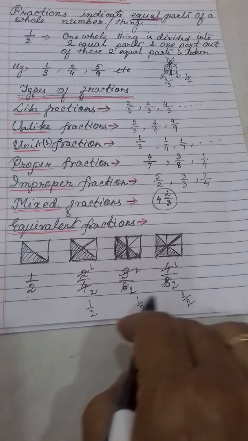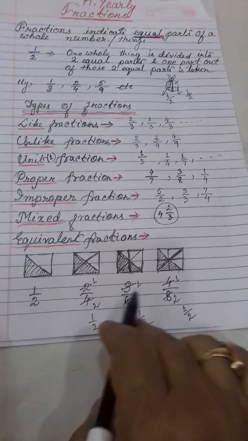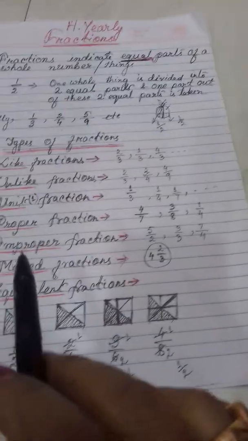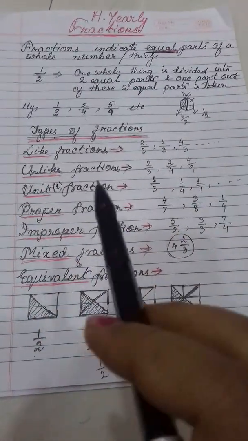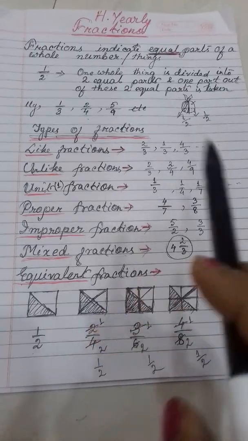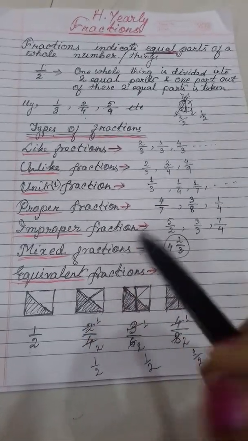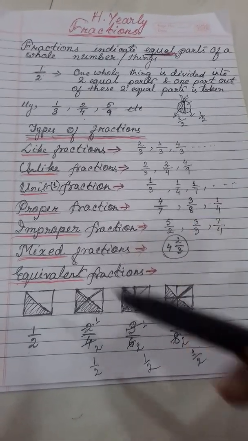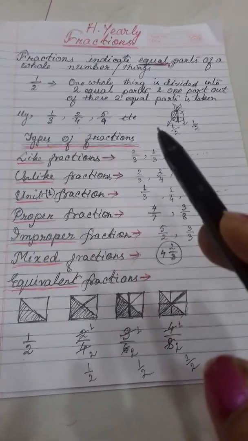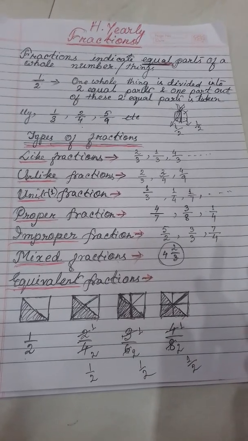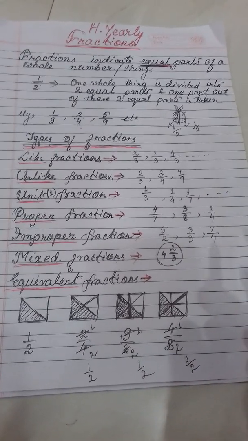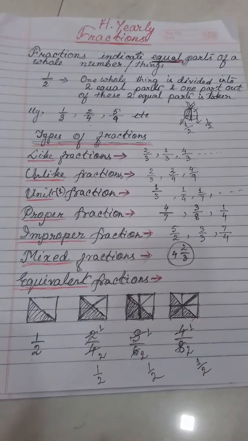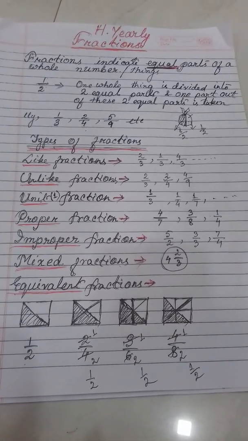So in this way we can convert the fractions into equivalent fractions. Clear, students? So have you understood the overall concept of the fractions? Before I move on to the exercise, step by step different points will be there. So first, this is the basic concept of the fraction. Then in the next video I will move on to some more topics and then the exercise. Clear or not? Thank you.